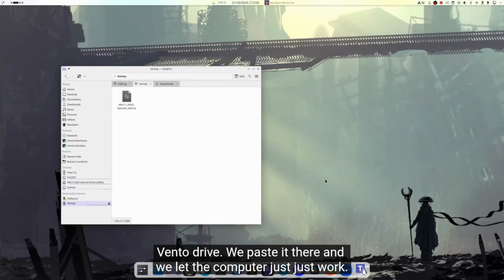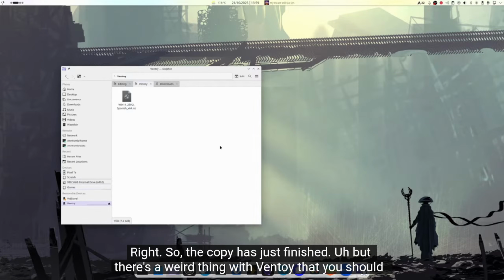Right, so the copy has just finished. But there's a weird thing with Ventoy that you should keep in mind, that sometimes when you try to eject the USB drive, the system thinks that it's still reading and copying data. So just to make sure, you should just open a terminal and do a sudo sync to sync everything and make sure that the system is actually finished reading and writing all the data. It's always good to make